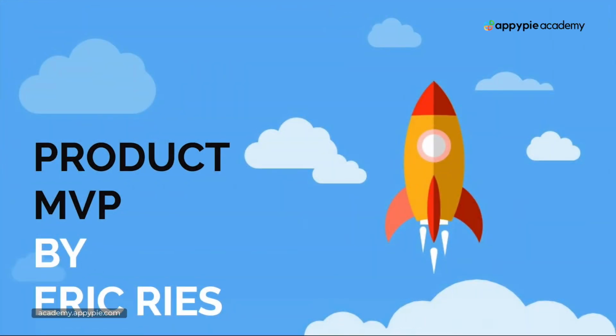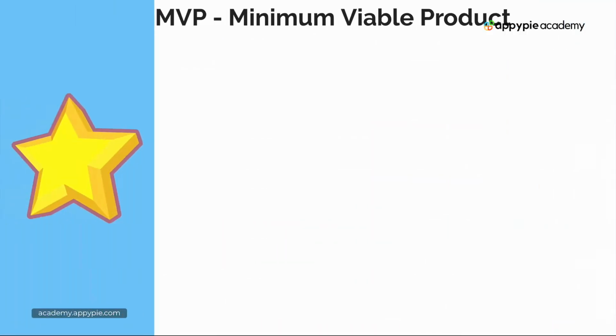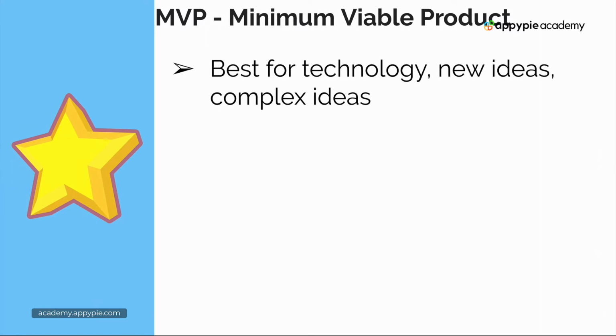Because he has a book about this. He's a very respected industry professional and one of the top experts. But now I just want to explain it to you because we are writing the product section of our business plan, so it's timely. So MVP stands for minimum viable product, and this is a concept that is best used